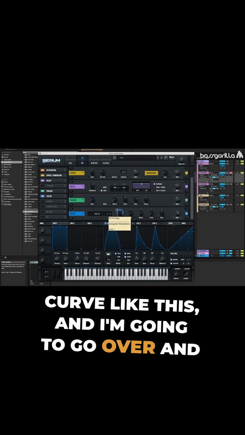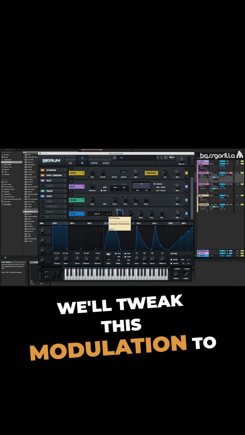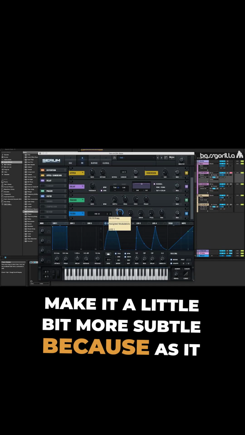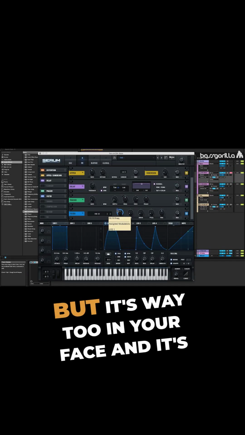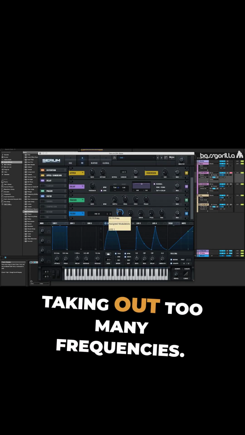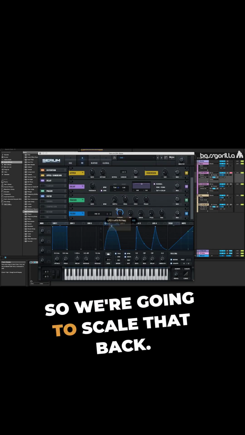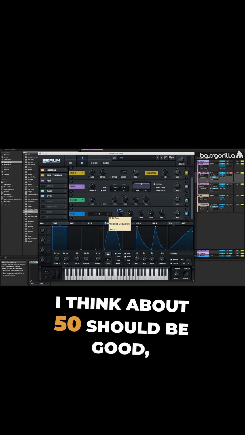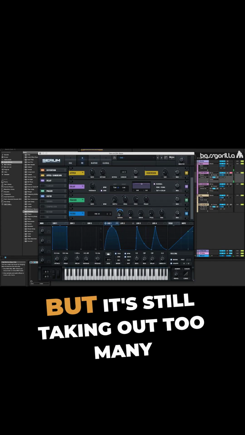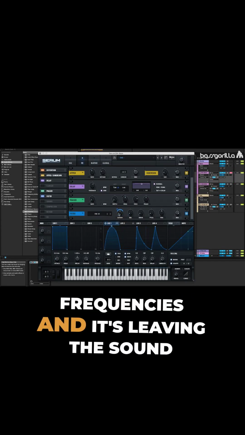And I'm going to go over and we'll tweak this modulation to make it a little bit more subtle, because as it is, it's kind of a cool sound, but it's way too in your face and it's taking out too many frequencies. So we're going to scale that back. I think about 50 should be good, but it's still taking out too many frequencies and it's leaving the sound